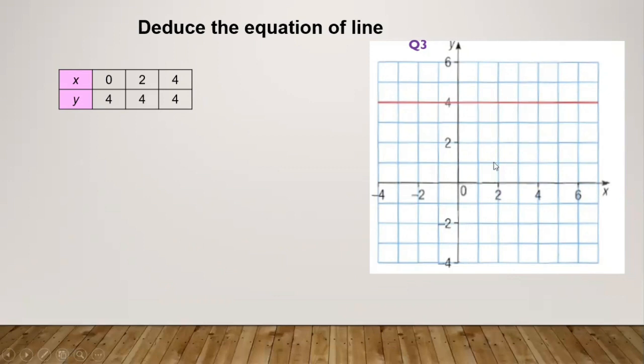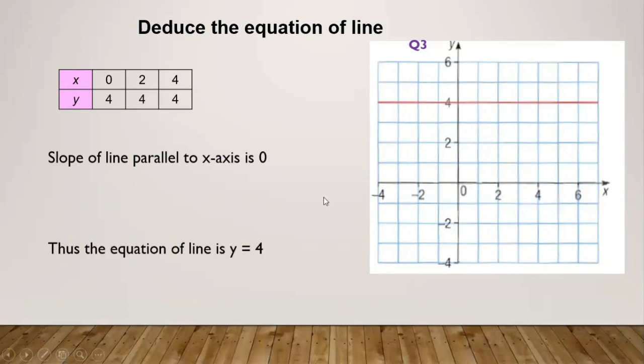Since we have so many lines which will be parallel to the x-axis, the slope of all the lines which are parallel to the x-axis will always be 0. Put it in the general equation, and since the slope is 0, we get the equation of a line as y is equal to 4. M is 0, right? So there won't be any term having x. So y is equal to 4 is the equation of a line which is parallel to the x-axis, passing through 4. Now always remember, you are supposed to write here y is equal to 4.